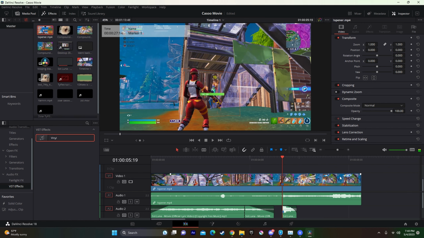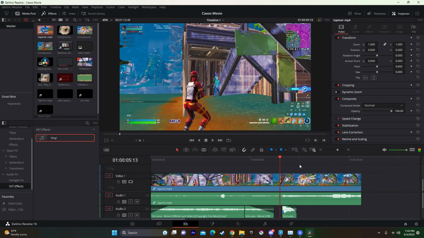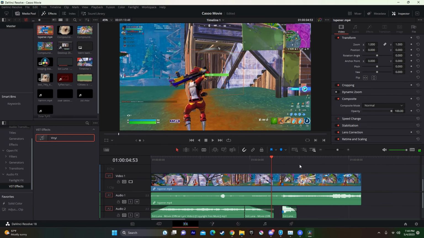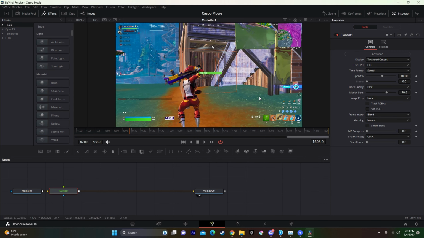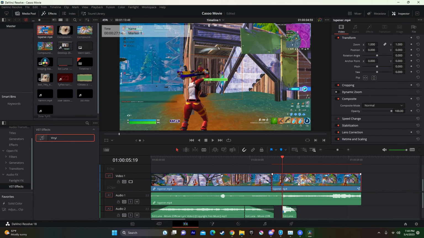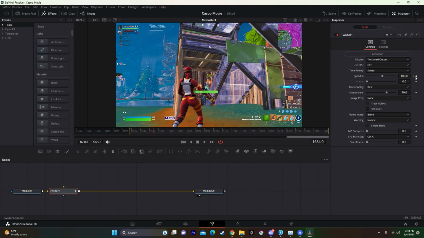Yeah, it's clean. And anyways, after this, go to the frame where the shotgun pulls out. Right here, you guys want to cut the clip. Open this portion in Infusion. Press Control Space, search up Twixtor. Add a keyframe. Go back to the edit page, go to the marker, open that in Infusion, add another keyframe, go